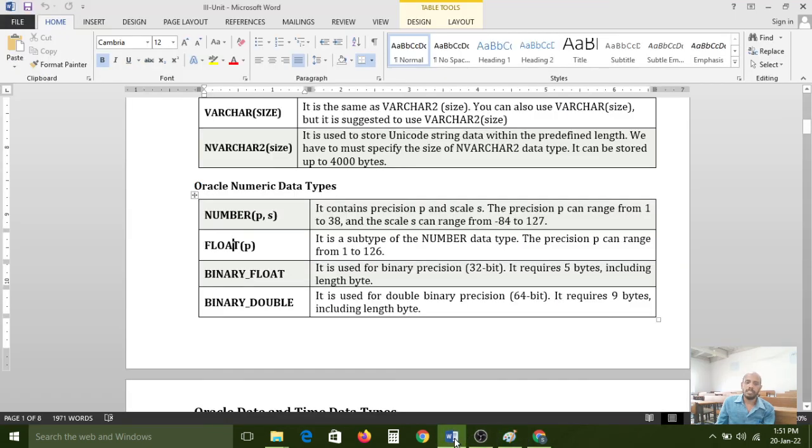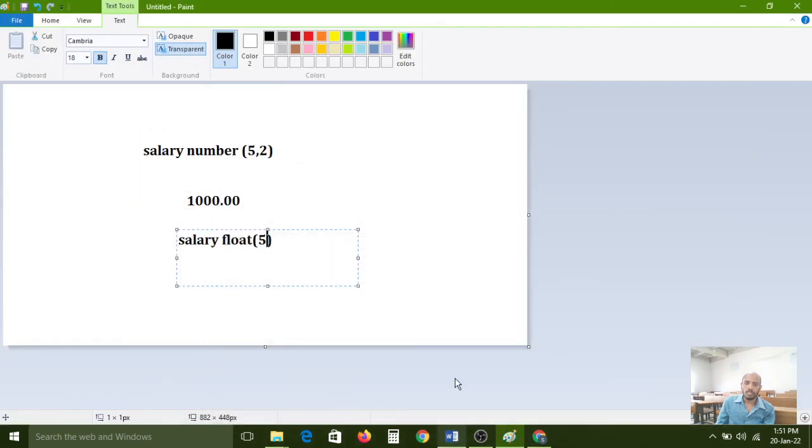For example, if salary is 10 lakhs, in that it can support a precision length of 5. So that is the floating point data type.